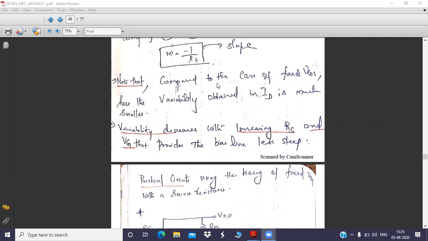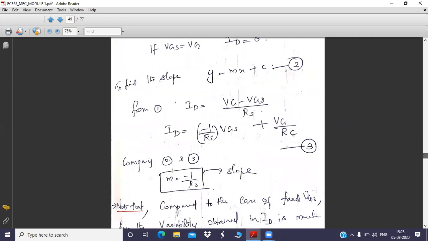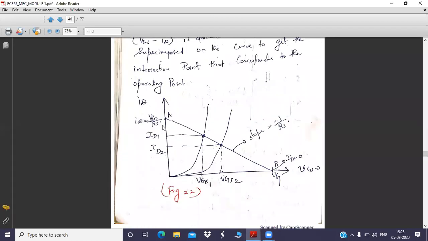Now imagine a ladder like this. This is your vertical wall. This is your ladder, which is being leaned on this particular vertical wall. Suppose the slope is less. How did you make the slope less? Rs is large. So slope less means, will this ladder shift towards left or towards right? I mean, will it come downward or upward? What will happen? That you convey to me.